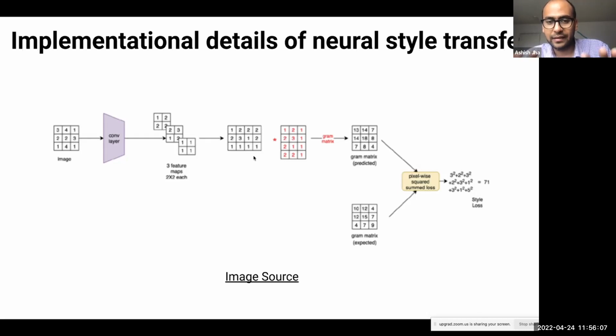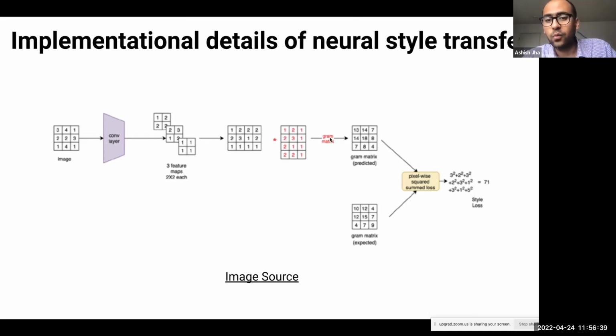The only difference in this step versus the previous one is that instead of using this 2D representation straight away, we convert it into its equivalent gram matrix. Gram matrix is nothing special. We are only multiplying this matrix with its transpose, which gives us a square matrix, called the gram matrix. So 3 by 4 times 4 by 3, hence the 3 by 3 matrix. This is classic matrix multiplication.